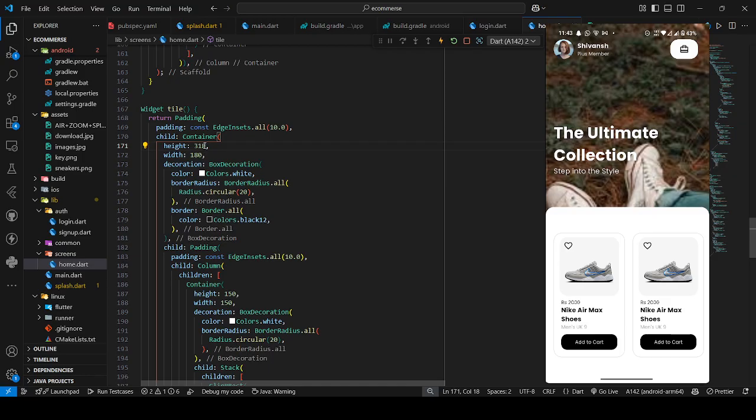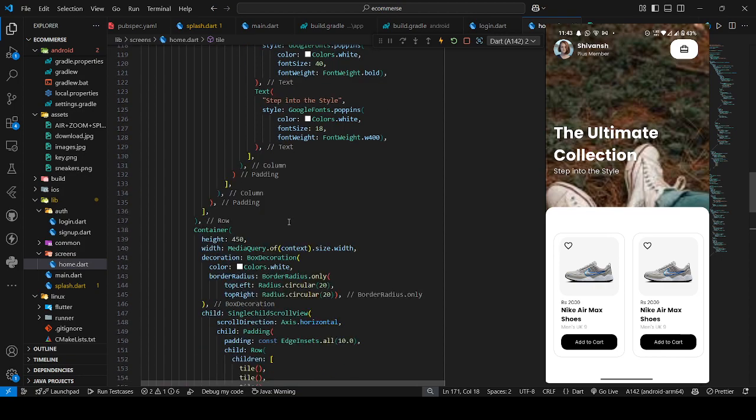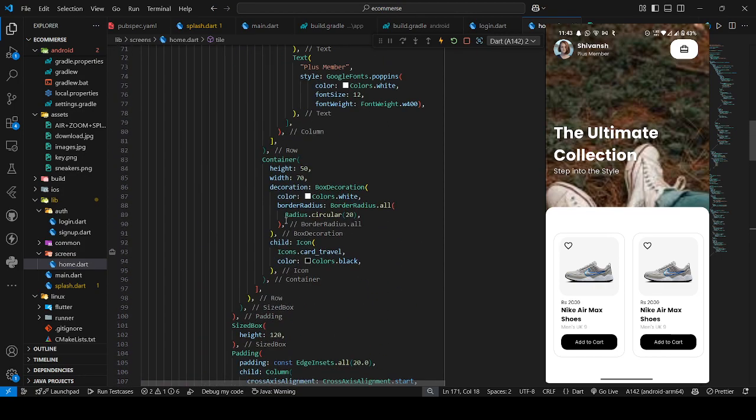Perfect. This is the size I want. So this is looking perfect. And another thing we can add in this tile over here,